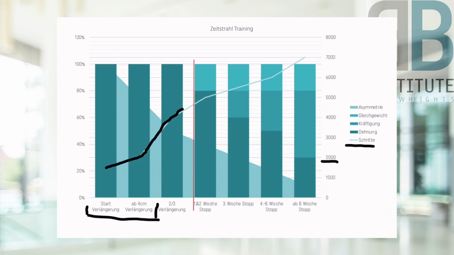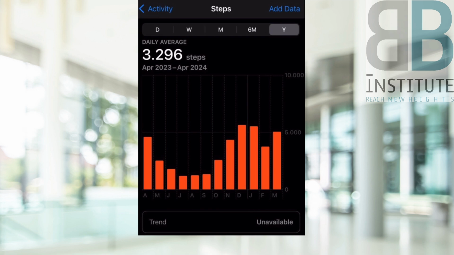Beyond these 4 to 5 centimeters, you should have found your daily routine with these and clicks, so that with disciplined extension you can gradually extend your walking distance. I then recommend taking around 500 steps more every 1 to 2 weeks. This should be done consistently and daily so that in the last 2/3 of the extension you reach a step count of 5,000 to 7,000 steps per day.